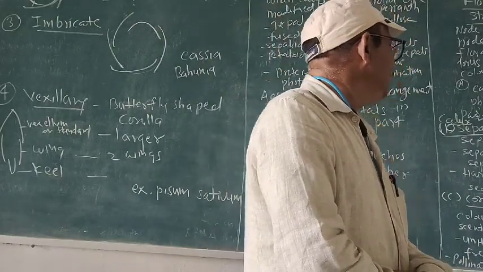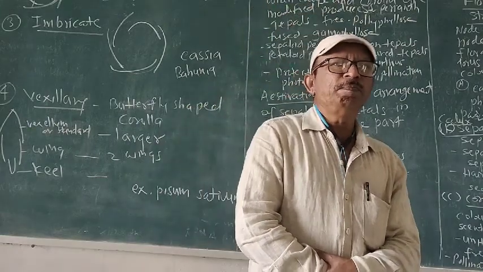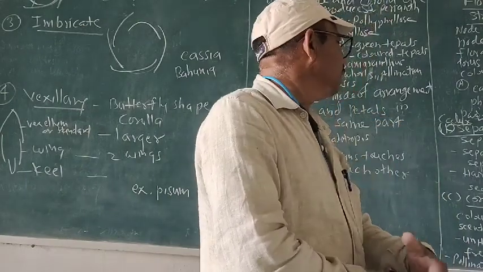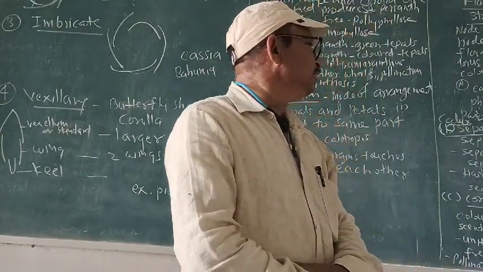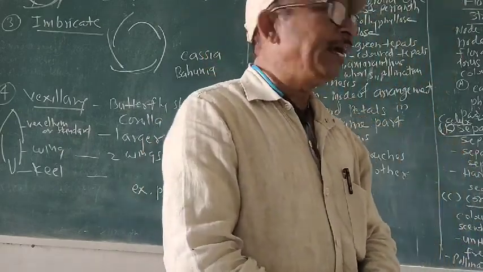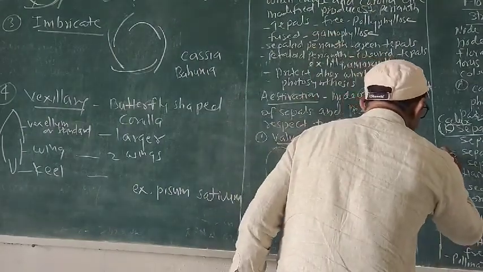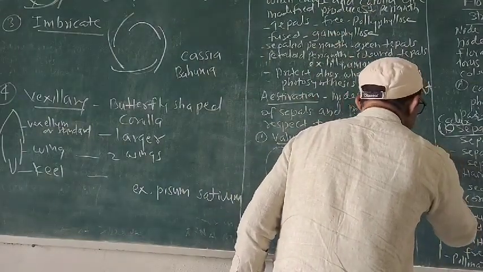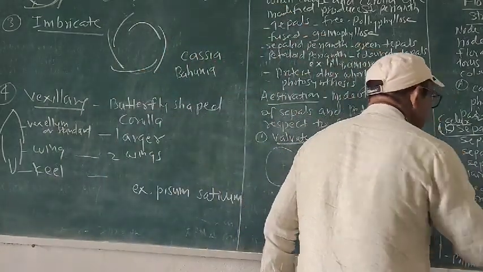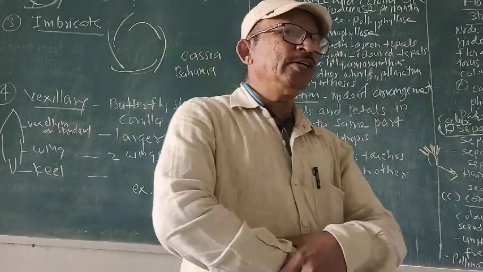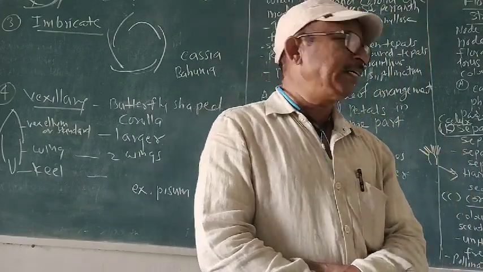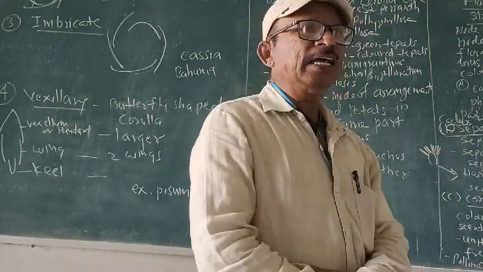When the sepals are brightly colored, they are called petaloid sepals. Sometimes the petals are brightly colored, they are called petaloid sepals. Generally sometimes they are hairy in nature. In some plants they are hairy in nature. These structures are called pappus type. It is pappus type, and in this structure you will find that they are hairy, and they are useful for dispersal of seed. एका ठिकाणाहून दुसरीकडं बीचं वहन करण्यासाठी त्याचा आपल्याला म्हणजे झाडाला उपयोग होतो.